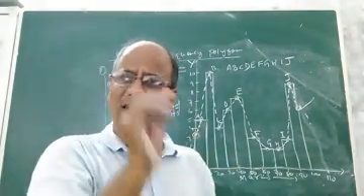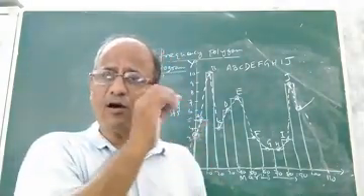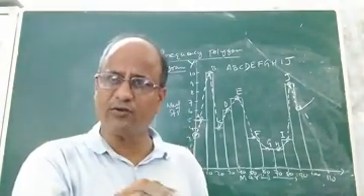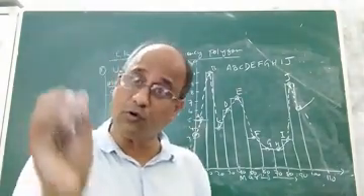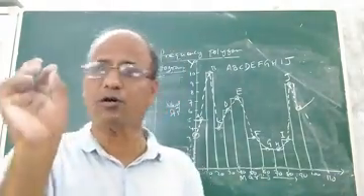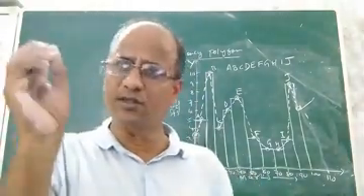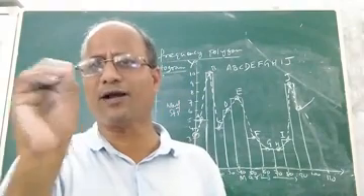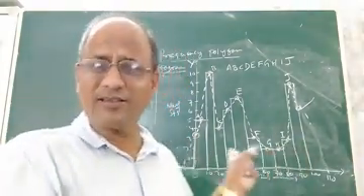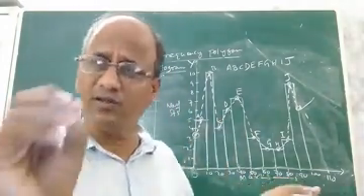The midpoints of all the classes, all the bars, all the rectangles, are to be joined. That means you have to close the curve, because a frequency polygon is nothing but a closed curve. So a frequency polygon is a closed curve which is obtained by joining the midpoints of the bars or rectangles present in the histogram. So this is how to construct a frequency polygon using histogram.